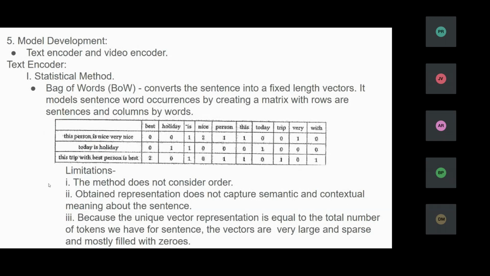So after preparing the data for text as well as the video, we'll be discussing the model development. First we'll be discussing the model development in the text encoder and the video encoder. In the text encoder, the first method to generate text embedding is a statistical method, the